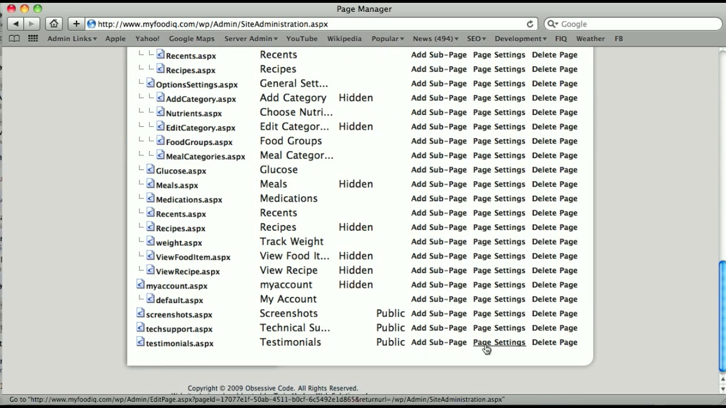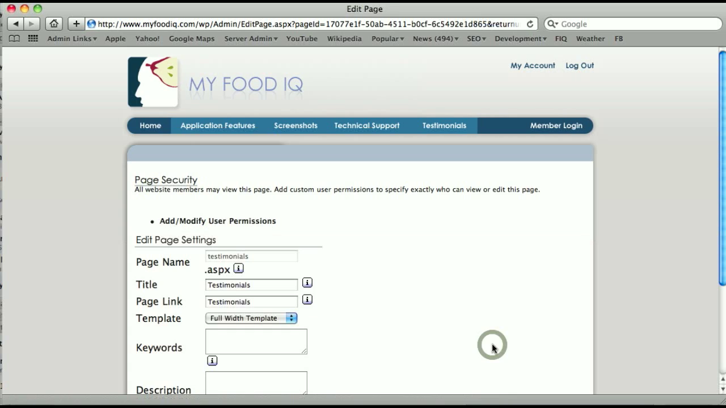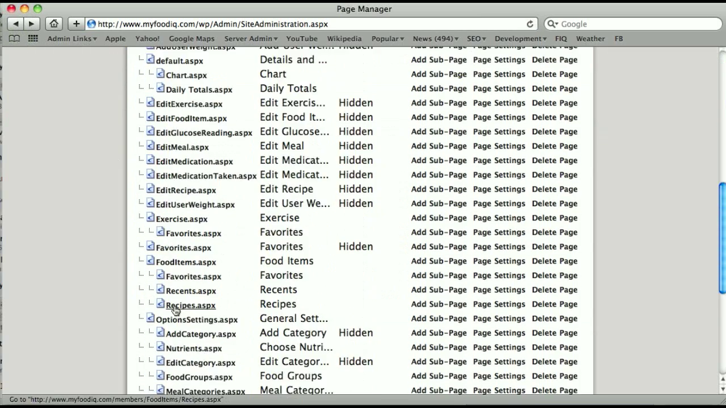Here's Testimonials. One thing you might think to do first is go ahead and click Page Settings, and you'll notice that you cannot change the page name here. The reason for this is that we want to protect you from changing an ASPX page and breaking links from other sites. So what we're going to do is click back, and we're going to hide that page from the